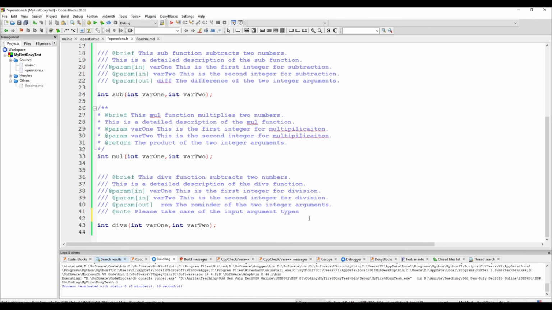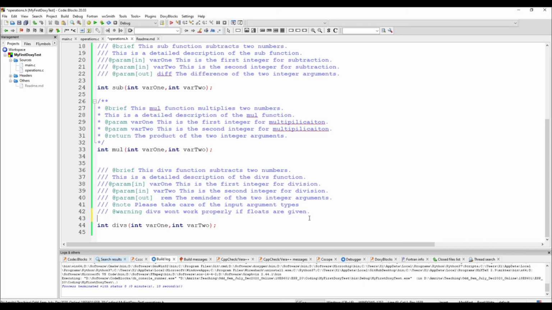Say if I want to warn my user that while using this particular code, you should not give floats as your arguments. Say divs won't work properly if floats are given. Similarly, I can have